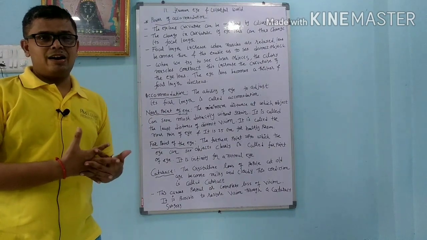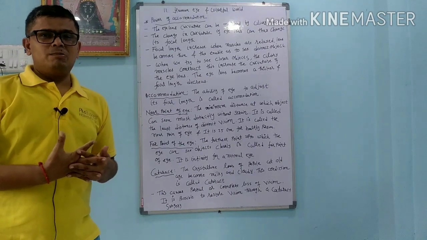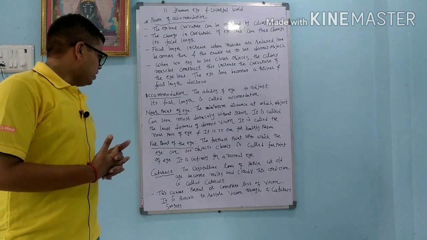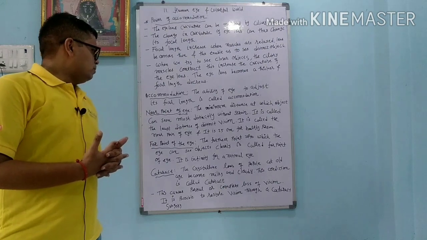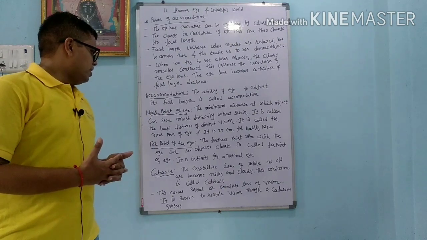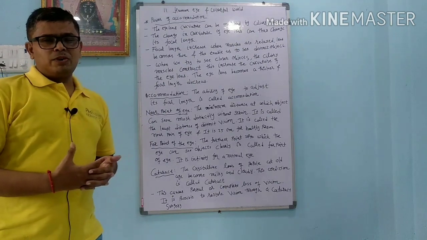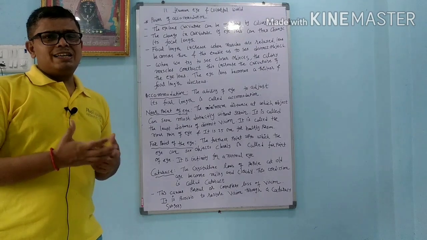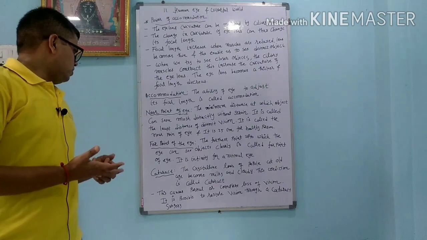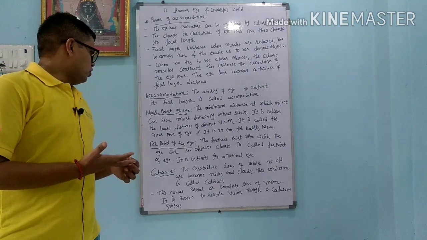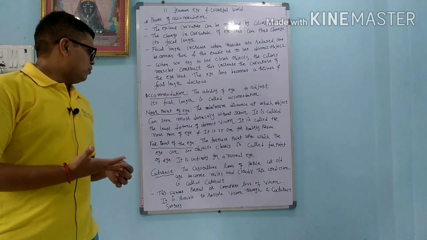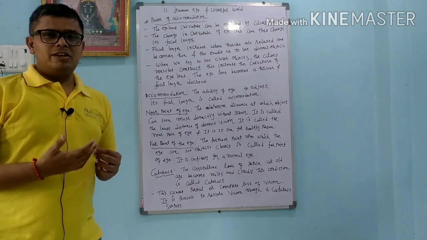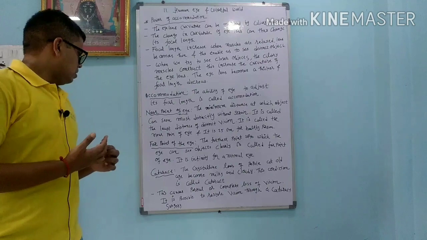Those who have an eye defect, for them it may be more or it may be less. Far point of the eye: the farthest point up to which the eye can see an object clearly is called the far point. So the maximum distance at which the eye can see an object is called the far point of the eye. It is infinity for the normal eye. For the normal eye it is infinity, but if some defects are there, then maybe it depends upon the eye.